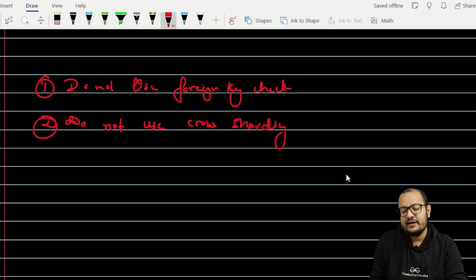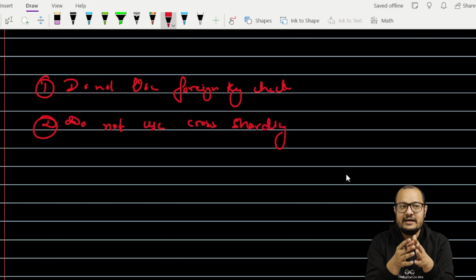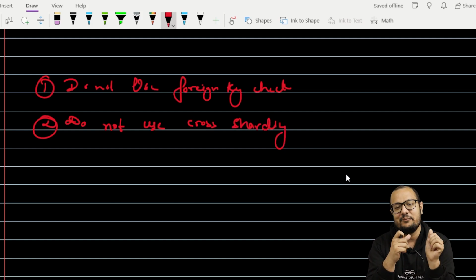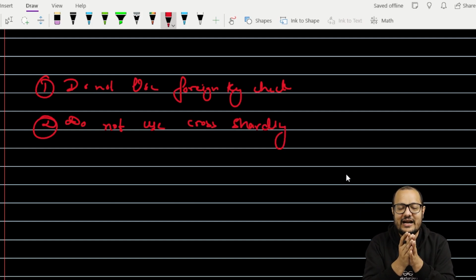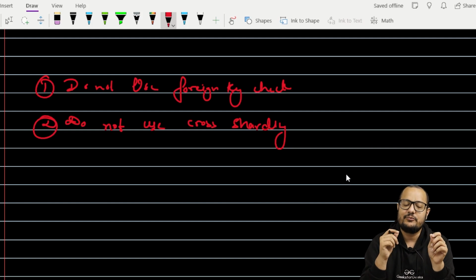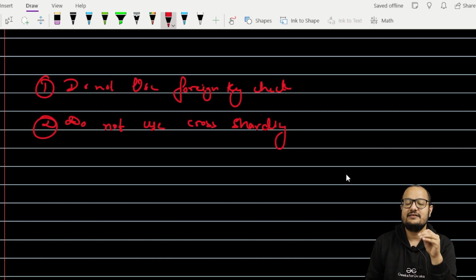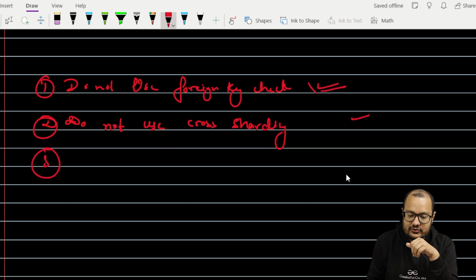By cross sharding I mean that in relational DBs it is not possible to keep a child in one node and the parent of that child in another node, so you have to cross shard. So if we relax this constraint, do not use cross-shard queries and do not use foreign key checks, then third, we can do manual sharding.